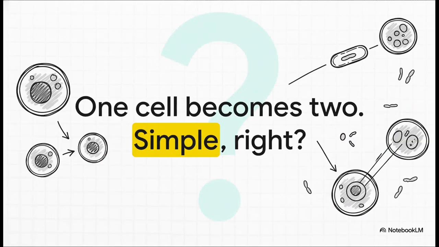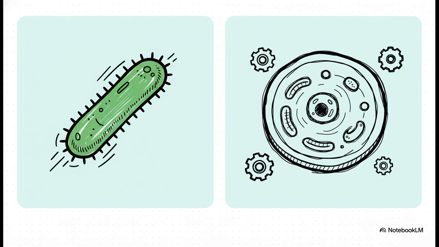I mean, it sounds simple enough, doesn't it? One cell splits, now there are two. But, oh, the methods behind this magic are where the real story is. Because while the outcome seems simple, the journey to get there is this incredible marvel of evolutionary engineering. And it was solved in two brilliantly different ways. So, let's meet our two main players in this story.